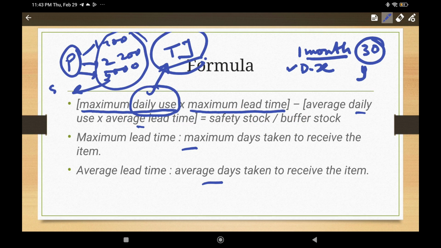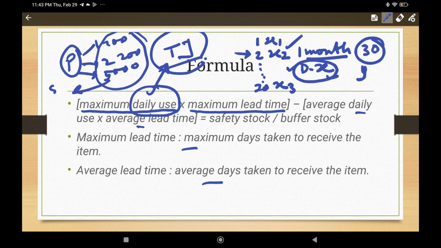So in these 30 days, for day 1 it is X1, for day 2 it is X2, like this,